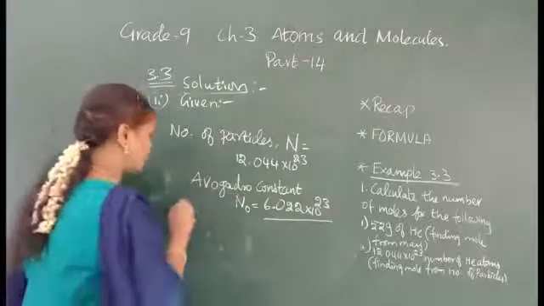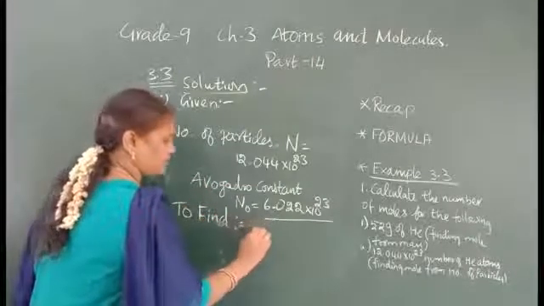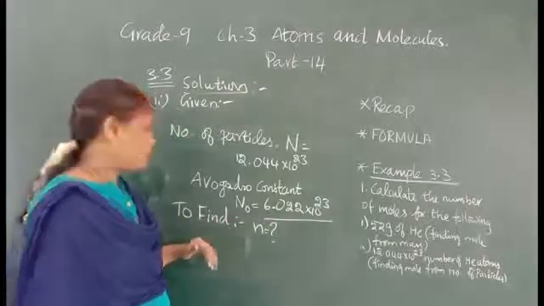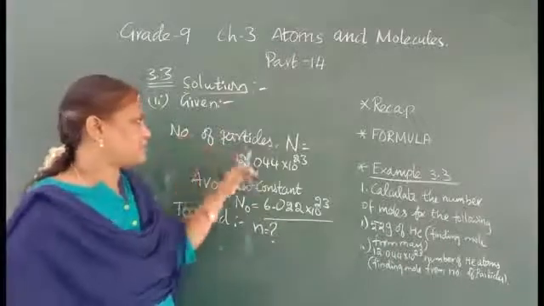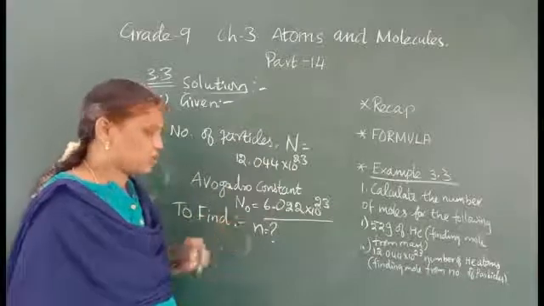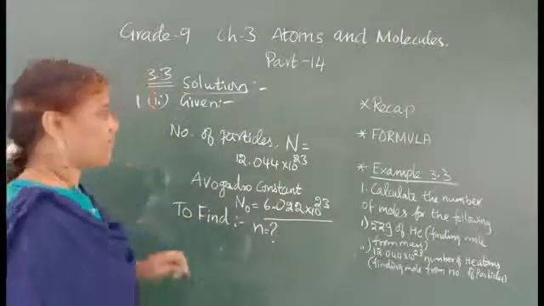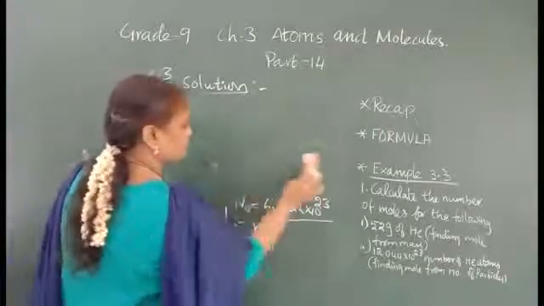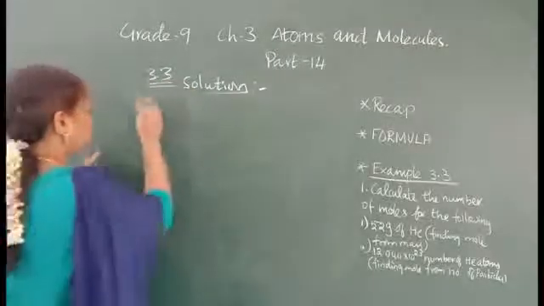What do you have to find? N. Okay, n you have to find it. Okay, have you all noted down? So the given number of particles is this capital N, and Avogadro's constant is N naught. You have to find the small n, number of moles. Let us find it. Yes. Okay. Next, what you are going to do is, next one is